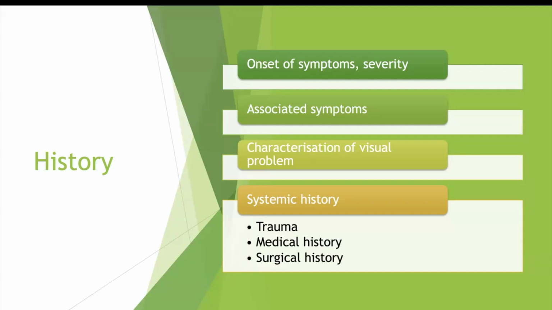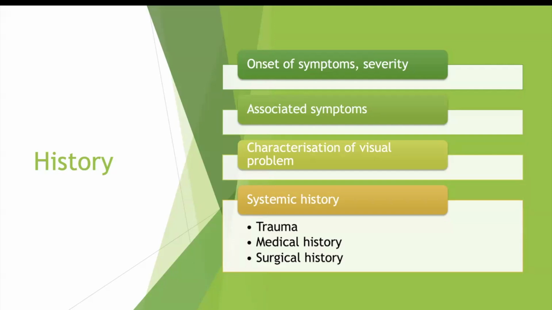The systemic history is also really important. Have they had any recent history of trauma? Do they have any medical problems? Any deficiencies that we know about? Are they on any drugs that are associated with optic neuropathies? Have they had any surgeries, either to the head or any major surgery recently with major blood loss? Just take a really good, thorough history of these patients, especially if you're in the context of a neuro clinic,